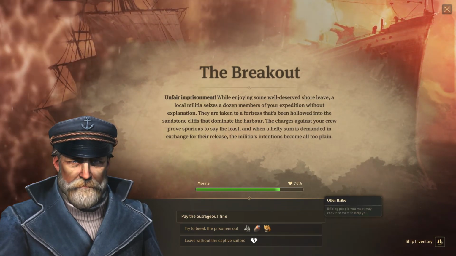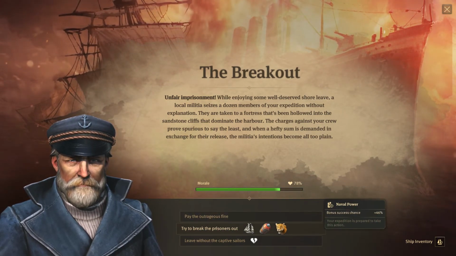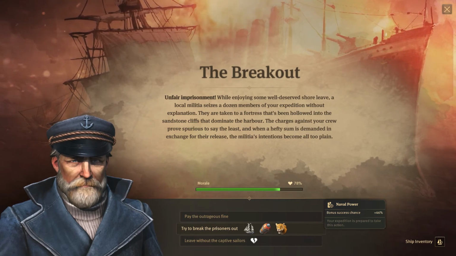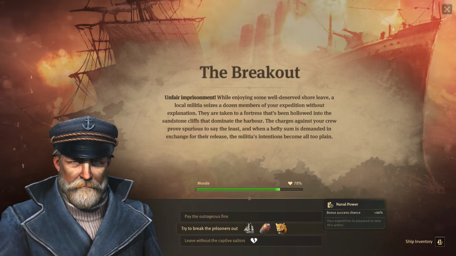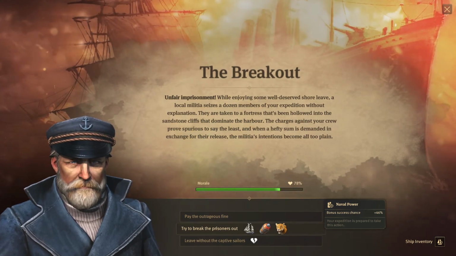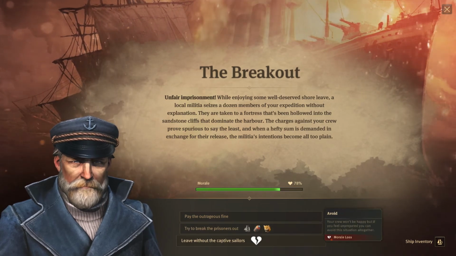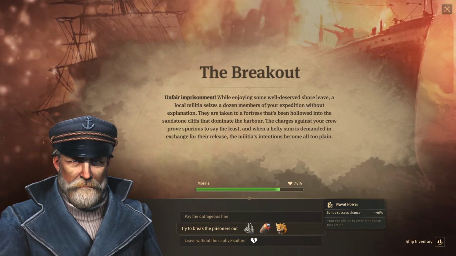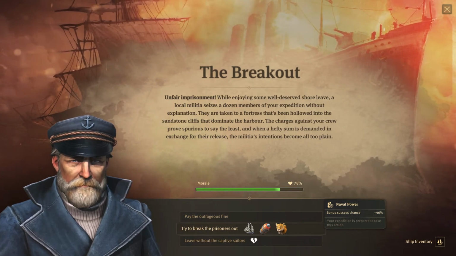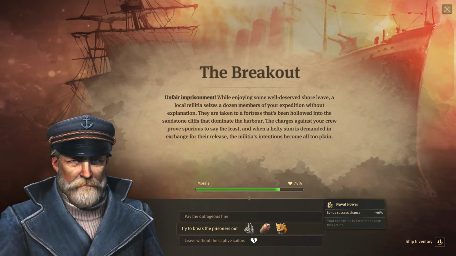So we can pay the outrageous fine, we can try to break the prisoners out using our ship. This is kind of like a torpedo bomb thing, and even our Jaguar. And it gives us a plus 46% bonus chance of success, or we can leave without the captive sailors. Now I think this is a pretty good odds for Anno 1800. It seems we succeed a lot more often with a lot less good odds. So